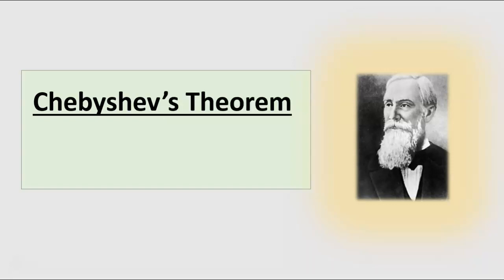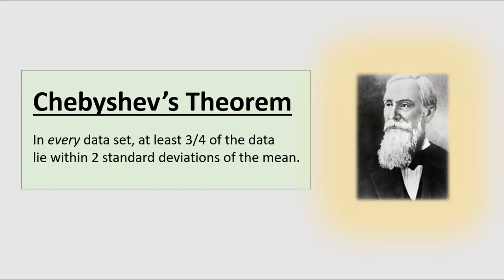subject. Who's that handsome man? Why, it's Pafnuty Chebyshev, the great Russian mathematician from the late 19th century. We're interested in him here because of something he proved known as Chebyshev's theorem. I'm actually going to show you a scaled down version of the full theorem, but that will suffice for our purposes. Chebyshev's theorem says that in every data set, at least 3/4 of the data lie within 2 standard deviations